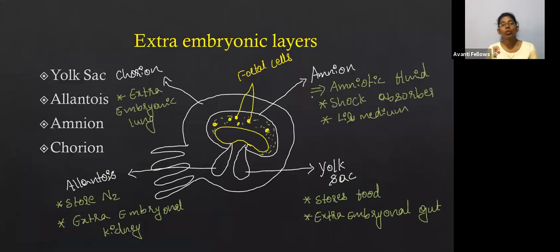There is an extra embryonal layer which is called the chorion layer. That chorion layer is helpful for the baby to pass the oxygen, and only the tissues and cells are going to respire, not the complete baby. Once the baby comes out from the mother's womb, then only the baby can respire on its own.